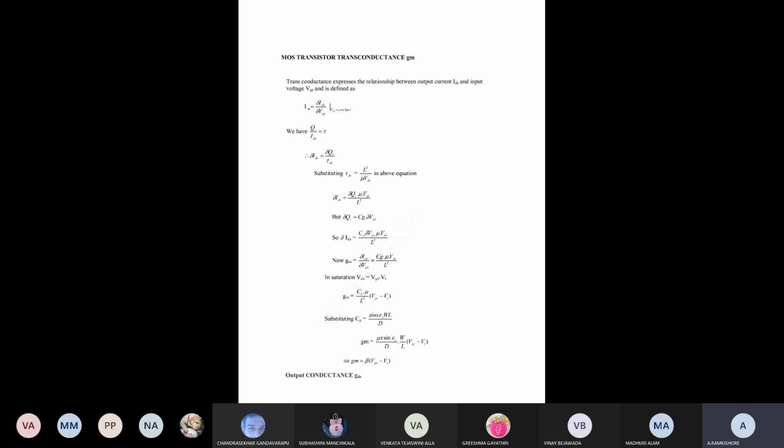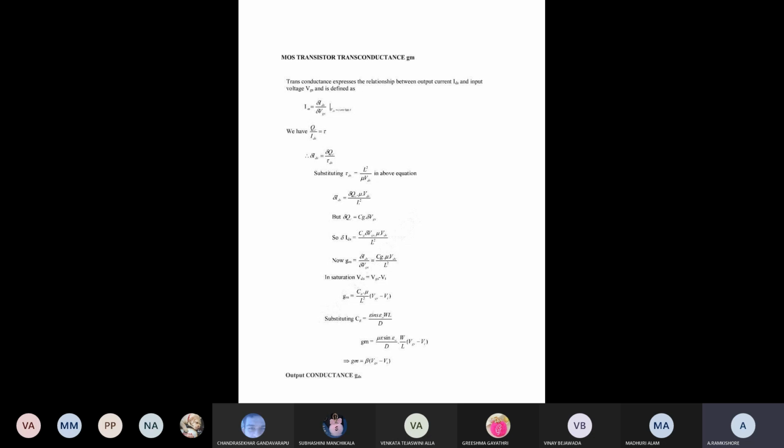So hello everyone. Up to now we have discussed MOS transistor operation, the different conditions involved in the MOS transistor, and what is meant by the IDS and VDS relationship, that is, the relationship between drain to source current and drain to source voltage.